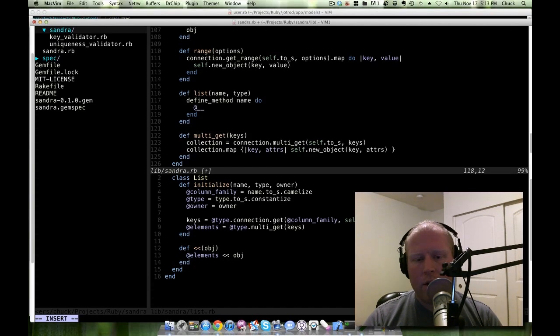So what we'll do is I'm going to define the list here, and I'm going to use some metaprogramming in order to do it. The first thing that we need to do is check and see if it's already been initialized, because I'm going to set up some caching. So what we'll do is basically do unless instance_variable_get, and then